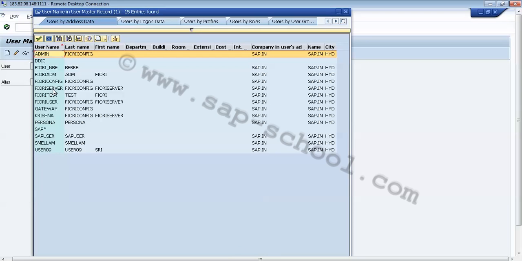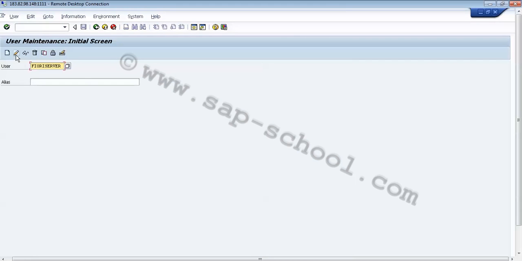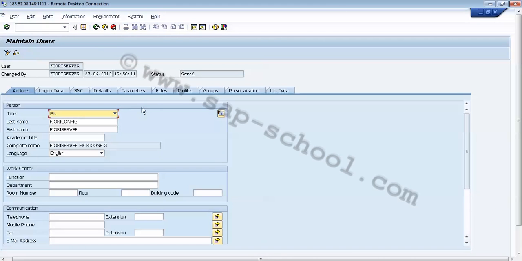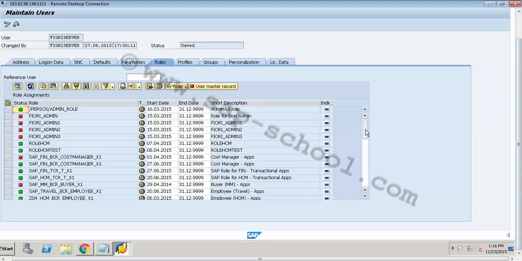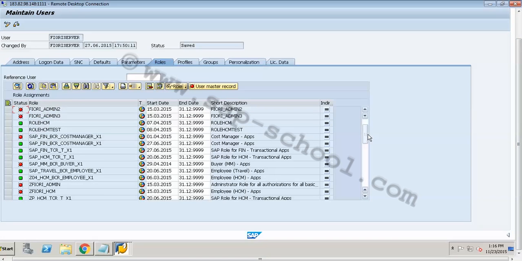Now we can see that we have the same user, the Fiori server, which was existing in my backend, in my front end as well. So we'll just copy it, go here and go to the roles tab again. In this we can see that this user has different roles assigned, like the one for the HCM, one for the admin roles, and financial roles.